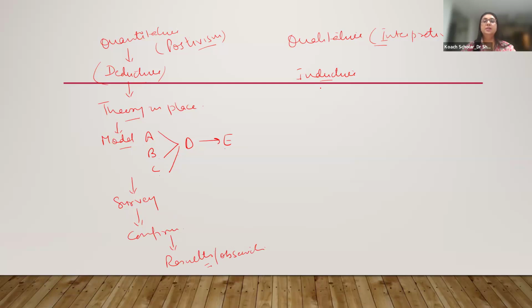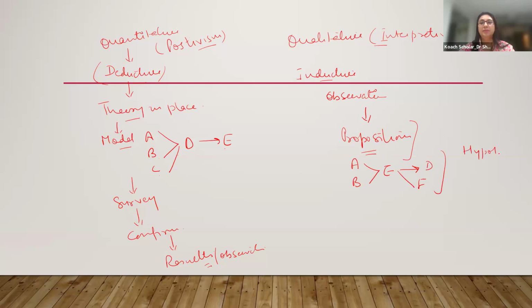However, when you do qualitative research, you start with observations. Here, in quantitative, you finish with observations and results. Here, you start with observations. Based on those observations, you suggest certain propositions. What is a proposition? A proposition means there is a probability that A and B are leading to E, and E may also lead to D and F. So there is no hypothesis testing. There is not a hypothesis, because hypothesis